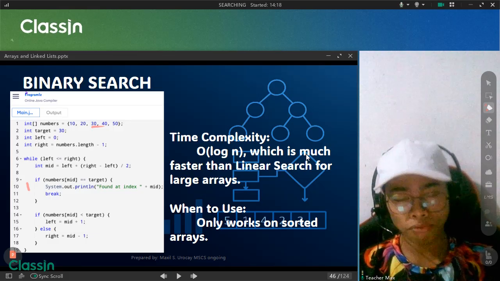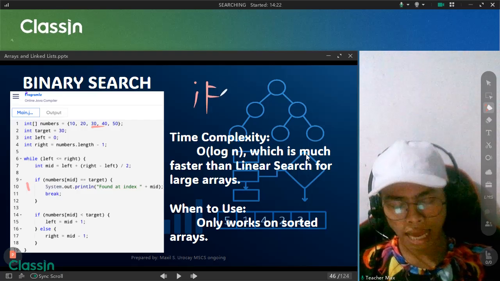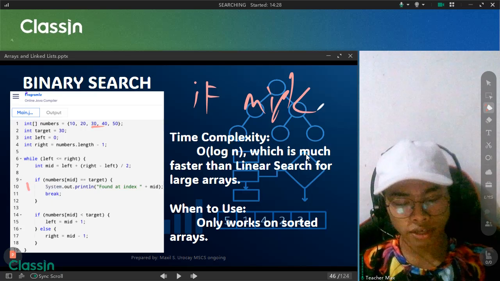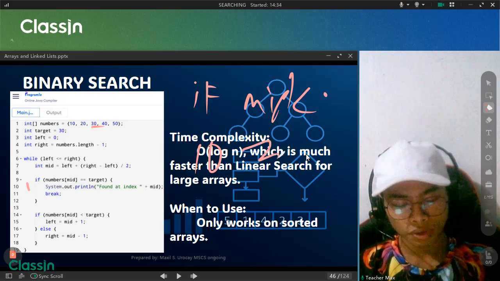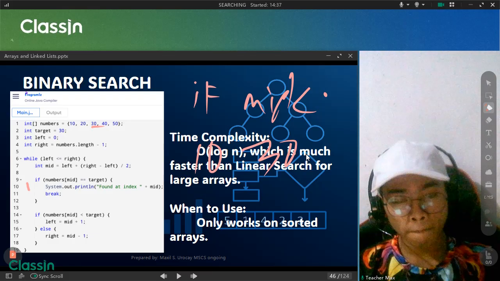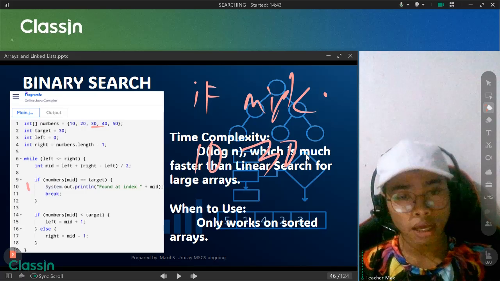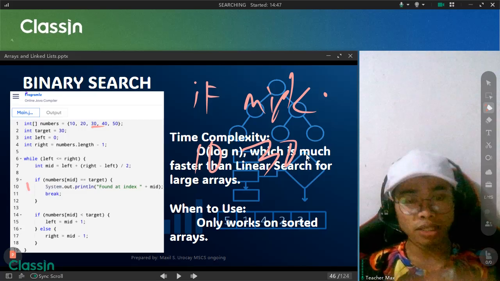Because if your mid is, for example, 10, and your target is 30, since this is a sorted array, it only works for a sorted array, you can definitely say that the element you want to search is on the right side.